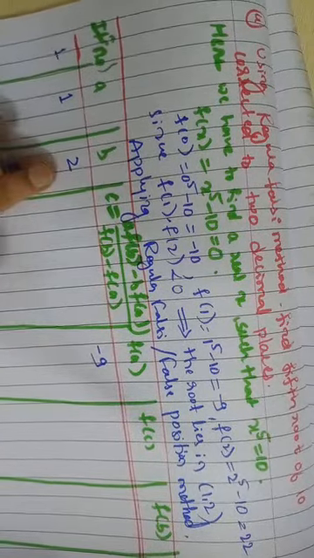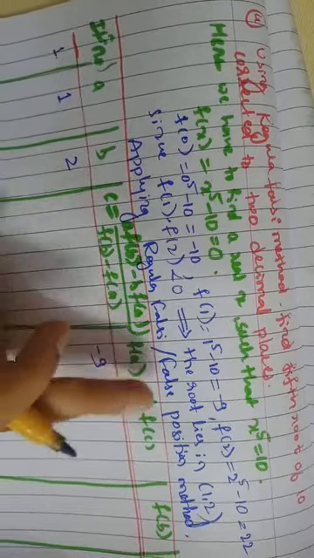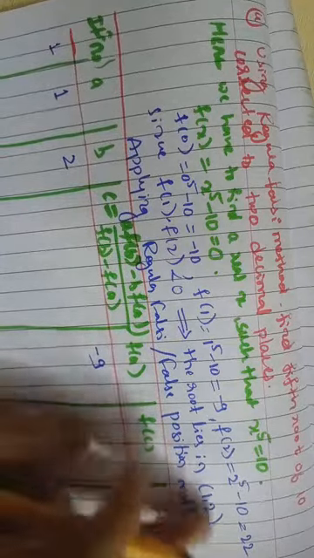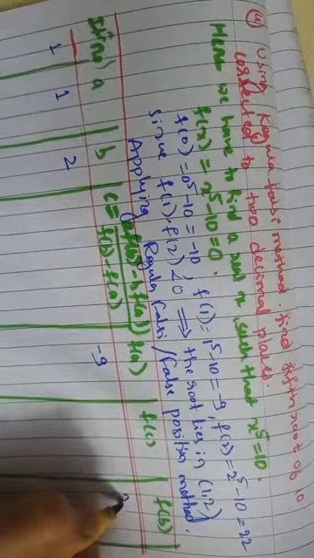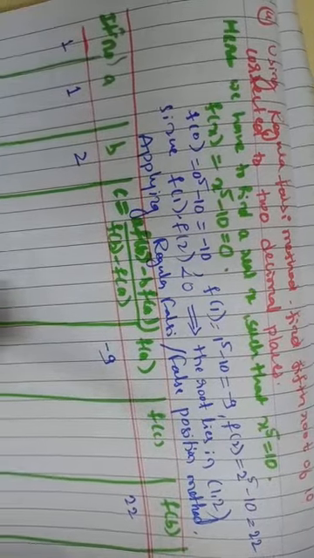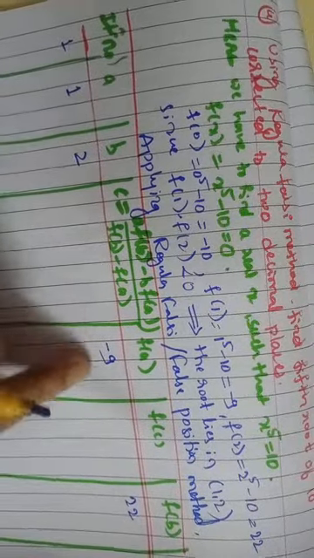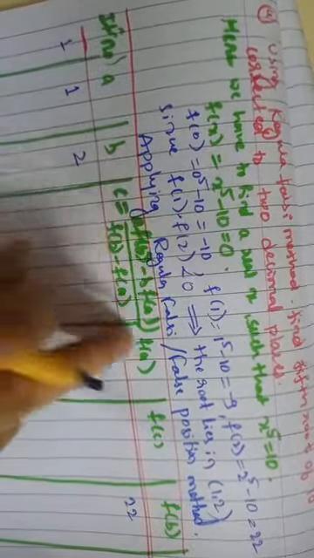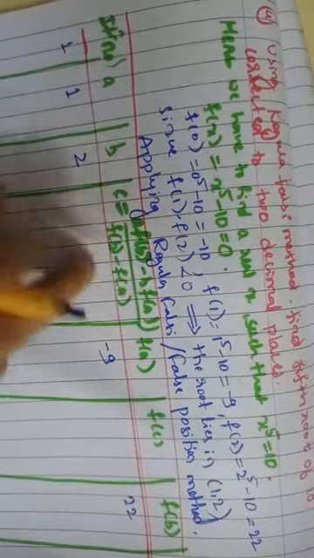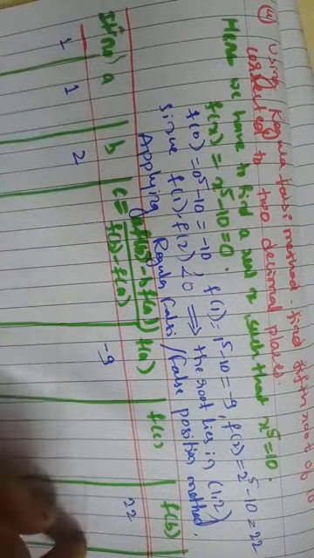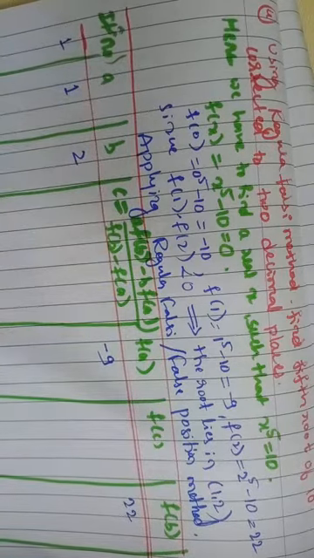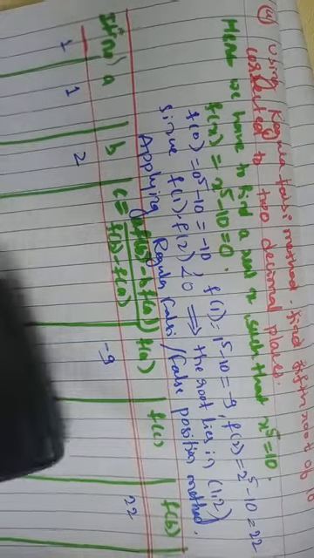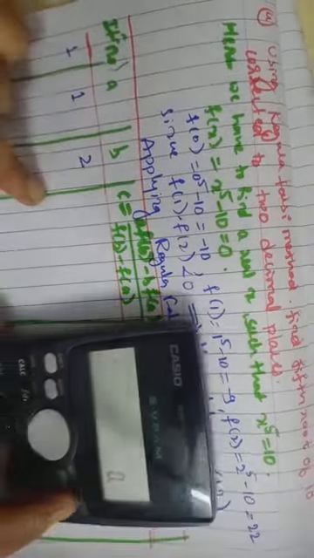Then when we have substituted this 2 in the equation, what we have got here is 22, so that will be my f of B. Now we have all the 4 values which are required to find the C for this formula, right? So just substitute these values in this formula and then we have to get the value of C. That will be my first approximate root value, that is first approximate value for the x.